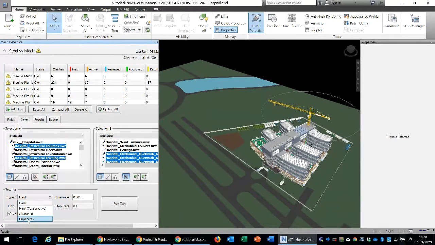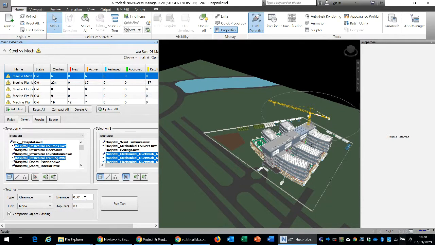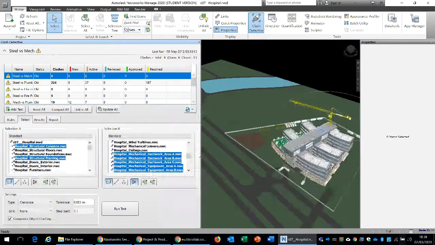Then there are clearance clashes. So for instance, we would require certain tolerance and clearance for the ductwork, so we could specify that, and we could run that. So here, to run a clash, we basically identify which models we are running a clash against. So here we can choose selection A and selection B. We are running a clash of structural columns with the mechanical ductwork to see if there is